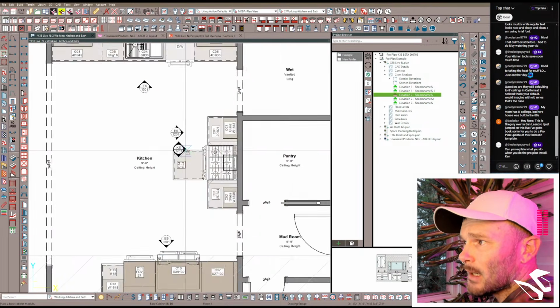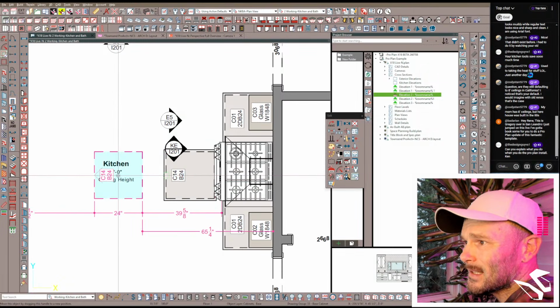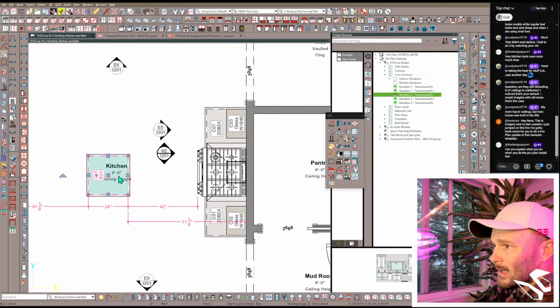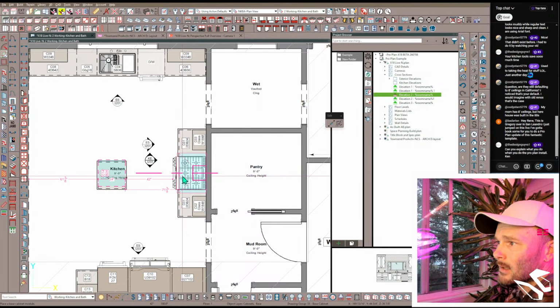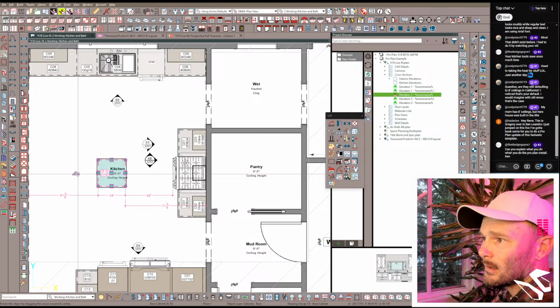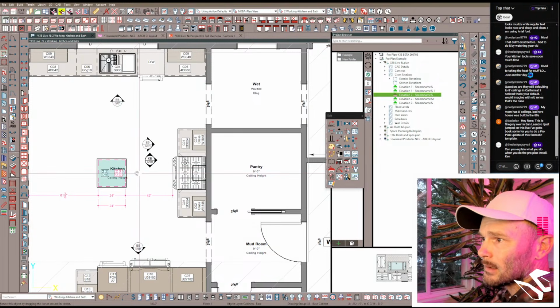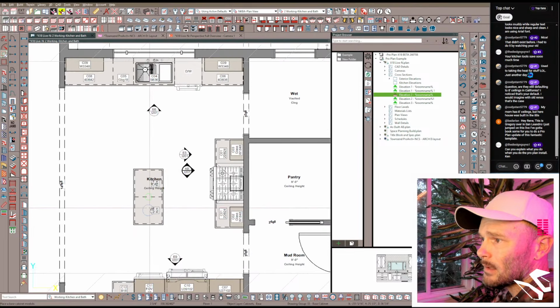I like to place my cabinet up against my appliance, then slide it over the distance that I want. In this case, I want 42 inches. Now I know I've got a 42-inch clear width between the front handle of this particular range, and now I can start designing this out. And in this case, maybe we'll just do a really linear approach. Why not? We'll do something really, really simple,